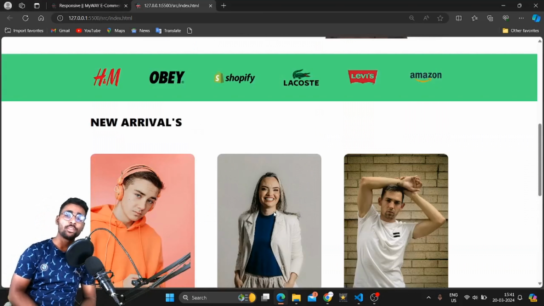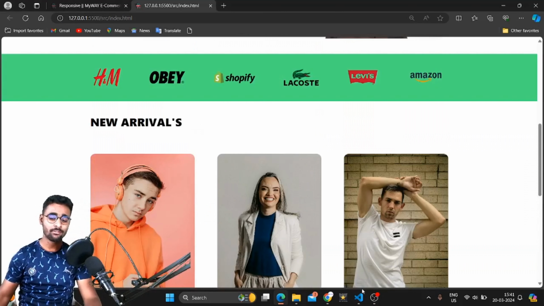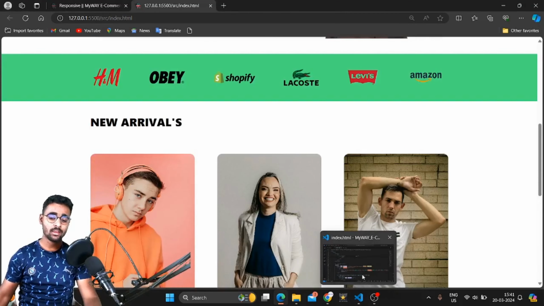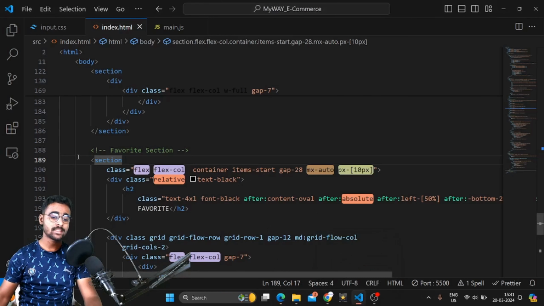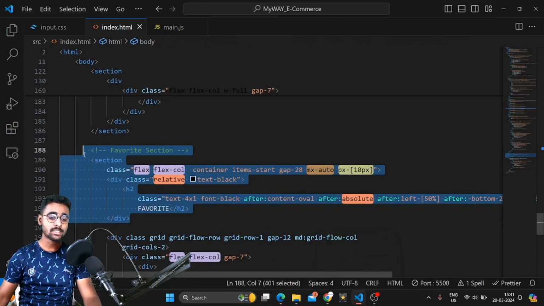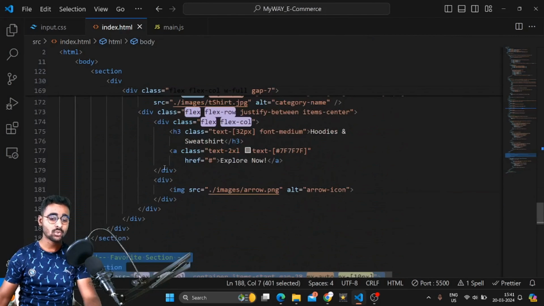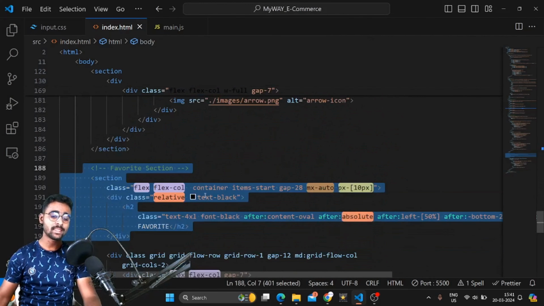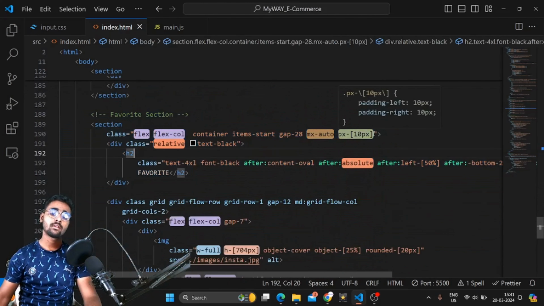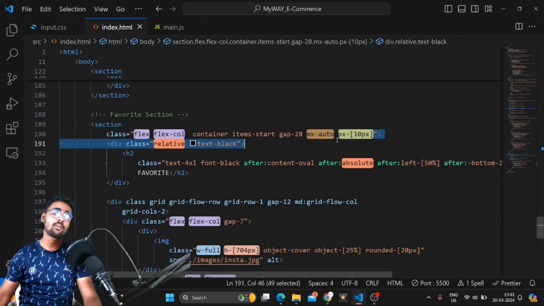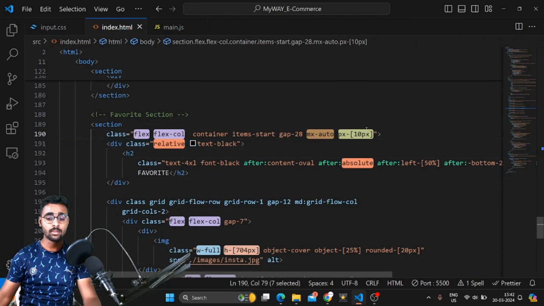So I have figured out the issue. The issue was not that difficult. It was a simple one. If you remember that we have copied this section tag, this section up to the div, we have copied this part from the first section, which is the new arrival section. So in that we have done one small mistake. What we have done there, we have added padding x instead of margin y that needs to be applied there. So it will be like,